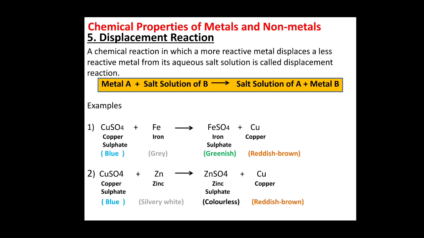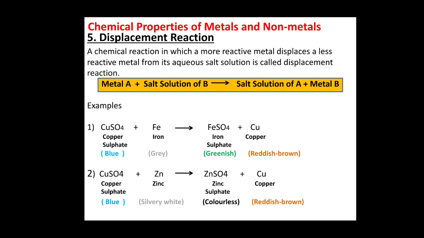Copper sulfate solution. Okay, copper is the metal, its salt solution is copper sulfate, which is blue in color. Then another metal, that is iron, is dipped into it so that the reaction can be performed, and ultimately what you will get? Iron sulfate, which is again a salt, plus copper. Okay. So in this reaction, children, just see that on the reactant side iron is more reactive metal than copper. If you have learned the reactivity series, you must be knowing that iron is more reactive, right.